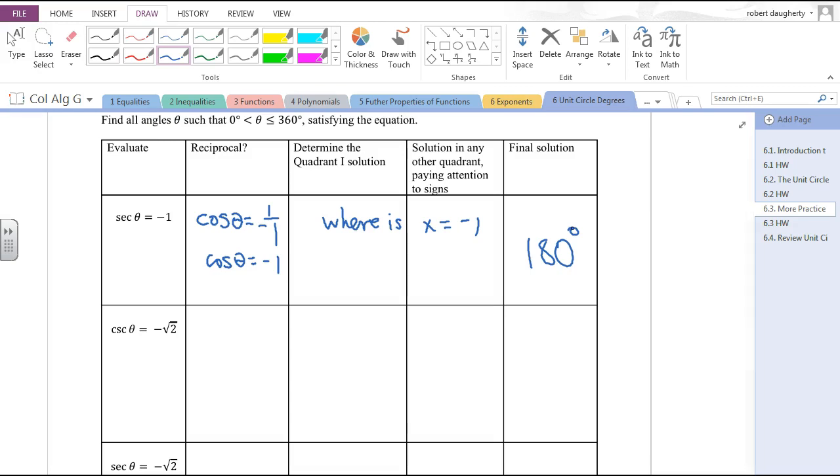Okay, cosecant of theta is negative square root of 2. Cosecant is the reciprocal of what? Sine. So that means that the sine of theta is equal to what? Okay, sine corresponds to what coordinate? Y. Do you see anywhere on the unit circle y is equal to 1 over square root of 2? Now, here's where you got to remember, I know you learned this in Algebra 2, but we're going to have to bring this back, something called